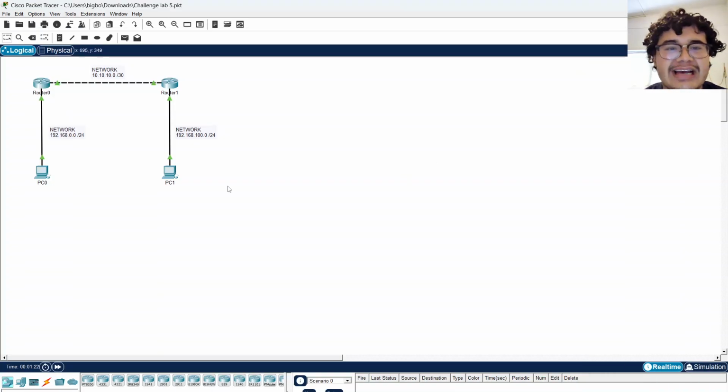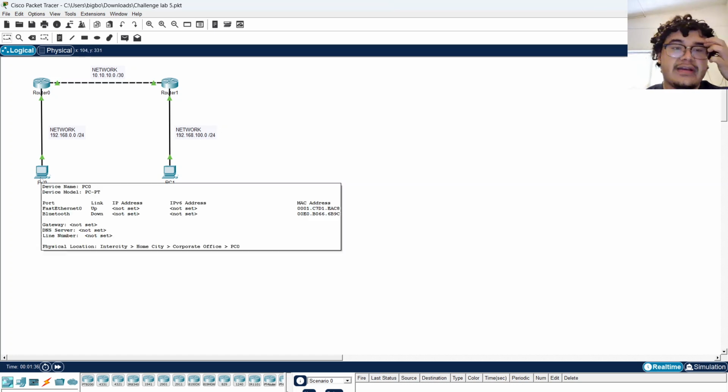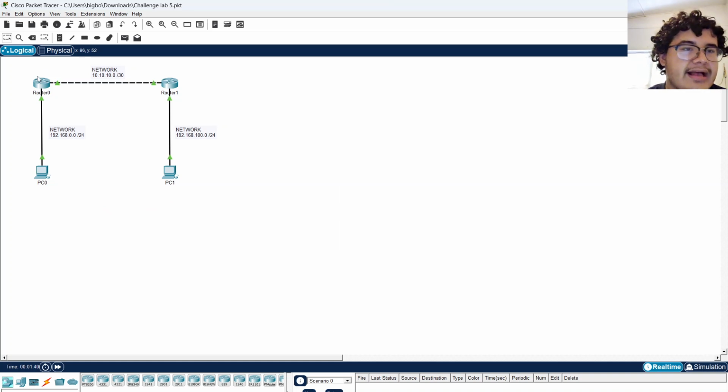Hello everyone, it's Edwin, and today we are going to be troubleshooting this topology right here, where we have to add IP addresses to the end host PC0 and PC1, as well as configure them with the appropriate default gateway, and ensure that PC0 can ping router 0, as well as router 0 can ping router 1, and PC1 can ping router 1,